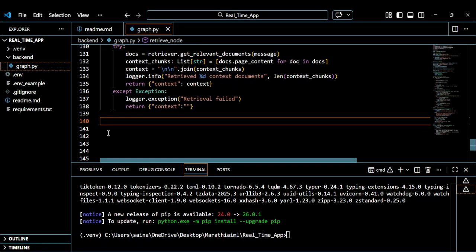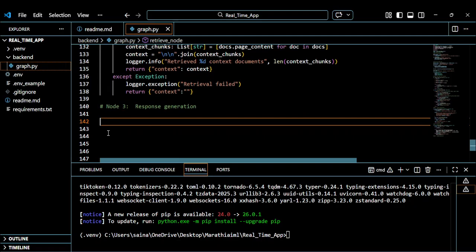So my node 1 is the intent classifier, and my node 2 is the retrieval. Now let me specify node 3. My node 3 is the response generation. I want my response to be generated based on the